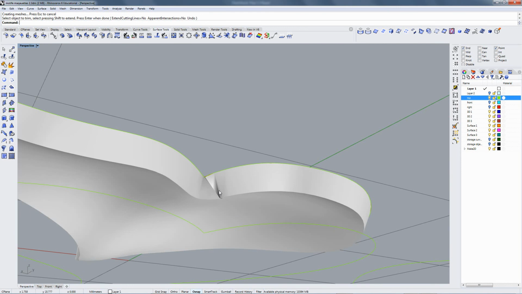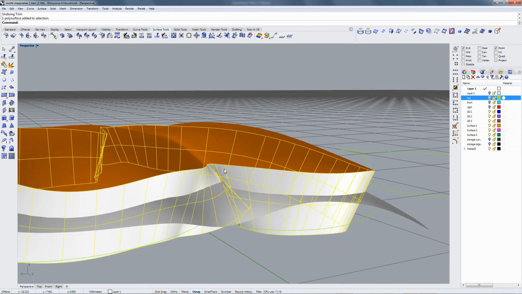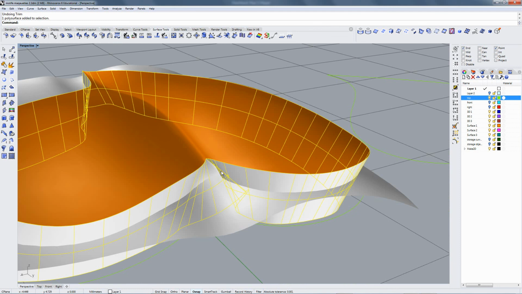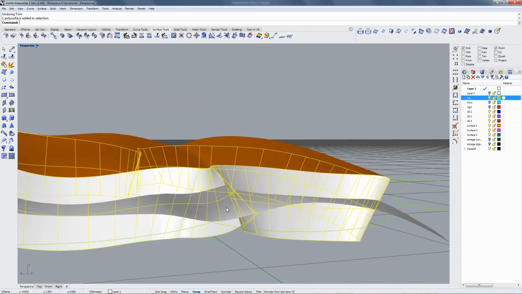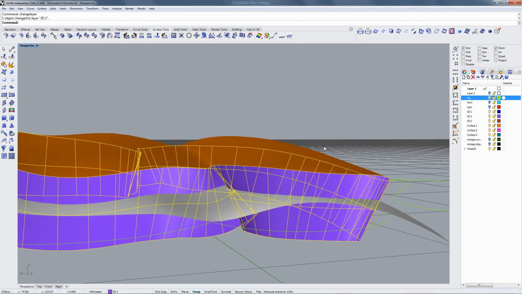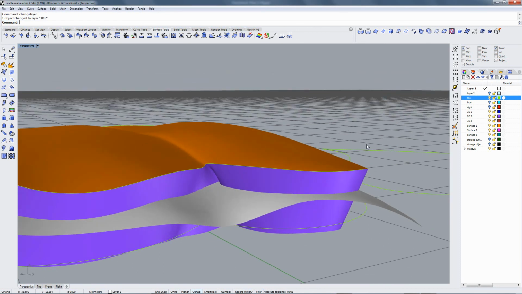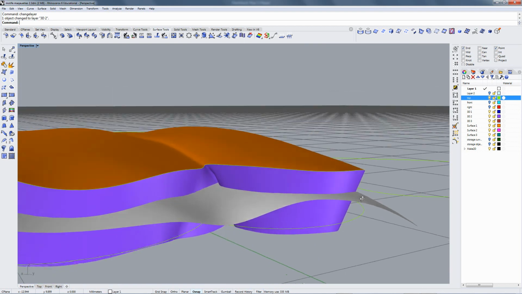Now, we have something strange here. I wasn't paying attention. I don't like what happened here. Okay? When that happens, for a maquette, I might just leave it. So for a maquette, if you want to stop watching the video, you can. If I were going to try and make that nicer than it is right now,